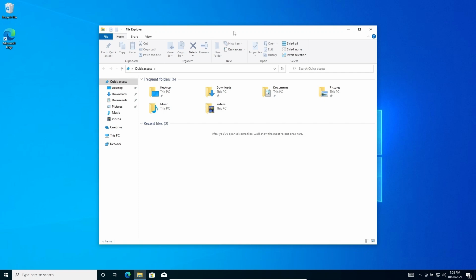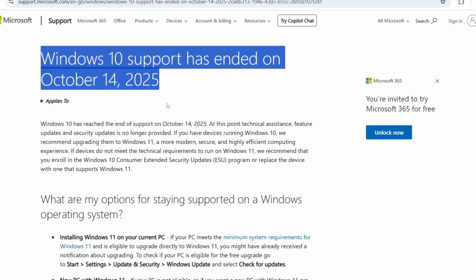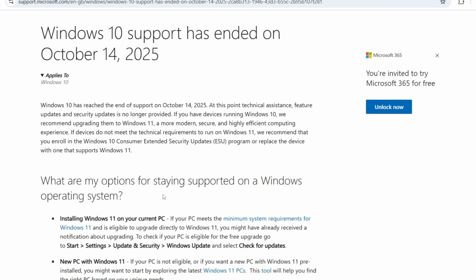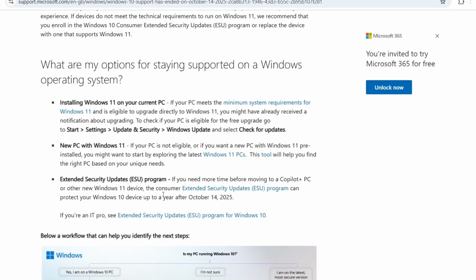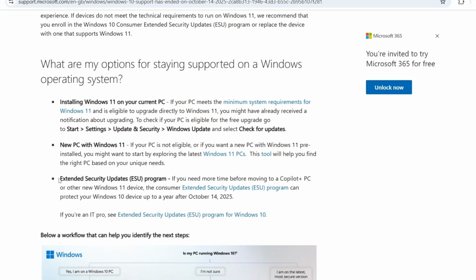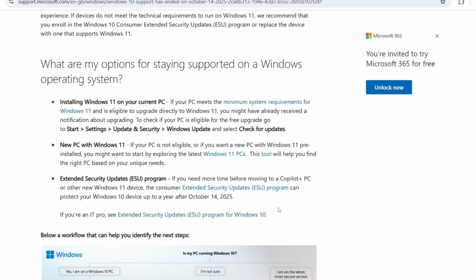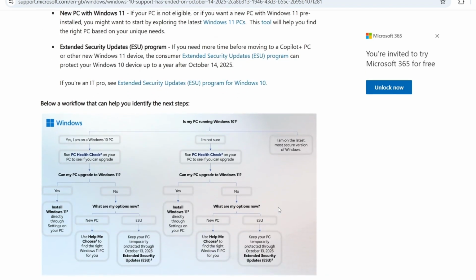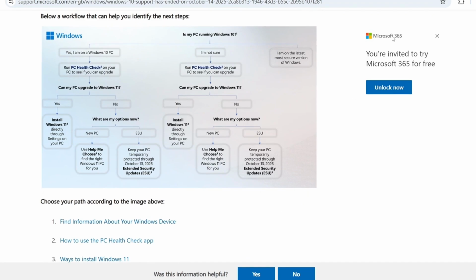Now, you might be wondering, why are so many users rushing to upgrade to Windows 11? The reason is simple. Official security support for Windows 10 is ending this month. That means no more updates, no more patches, and no more protection, unless you enroll in Microsoft's ESU, which is the Extended Security Update Program, which, by the way, either costs money or forces you to sync your data with OneDrive. So instead of going through all that hassle, let's jump straight into upgrading safely and efficiently, even on unsupported